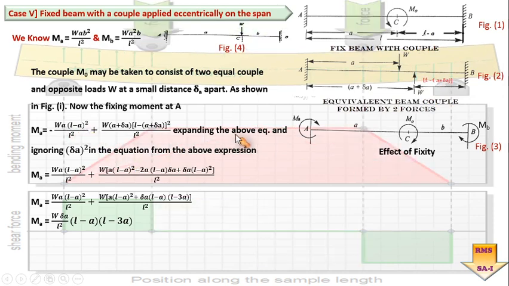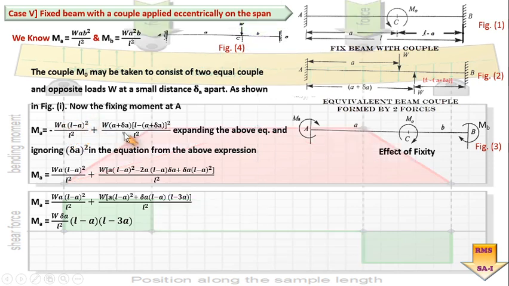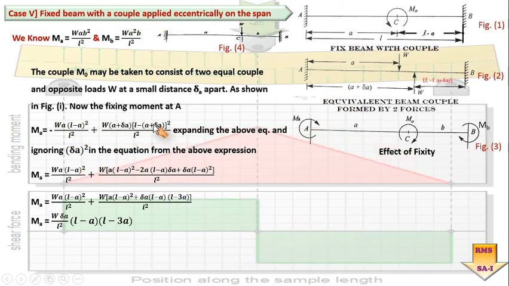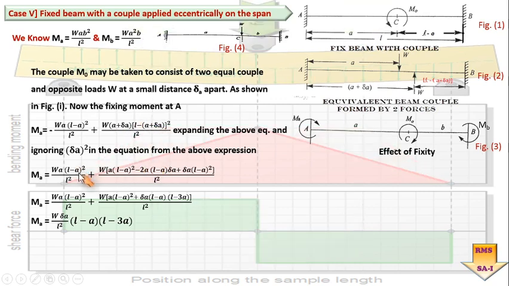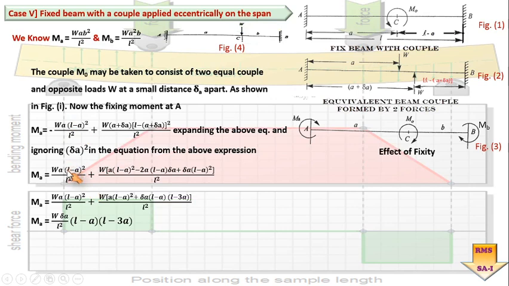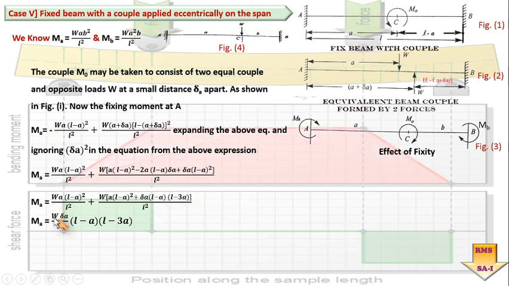Now if I expand this equation, let us do the simplification. The first term doesn't need any simplification, but there are two brackets in the second term. So I have to initially expand this bracket, and then multiply it into this particular bracket. This is how the simplification goes. The first term remains as it is, whereas the second term becomes like this. I have made one mistake here: this has to be minus, minus, minus and minus. So please consider this while doing the simplification.